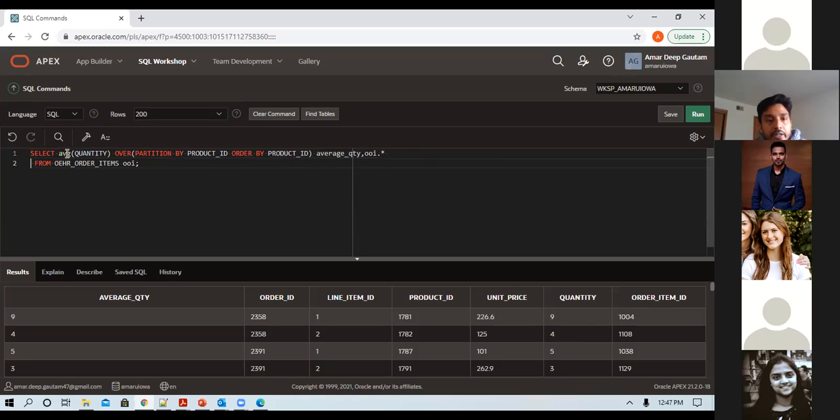Basically, you have to do the aggregate function, and on what column you are going to use it. And then this is the most important part, which is partition by: on what basis you are going to do the group by. In our requirement, we had to do it on the basis of product ID because our average is getting calculated on the basis of that. So we are just using two lines of code and getting all the information. Any questions on this one?